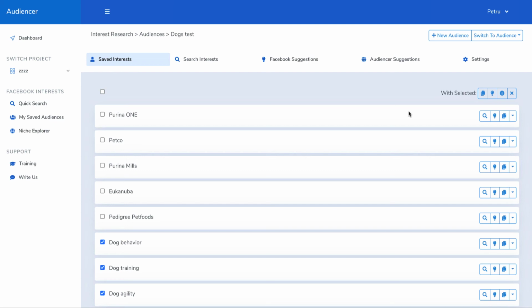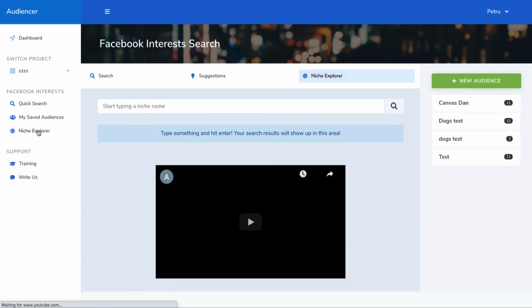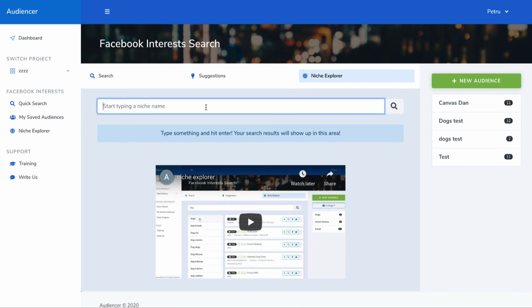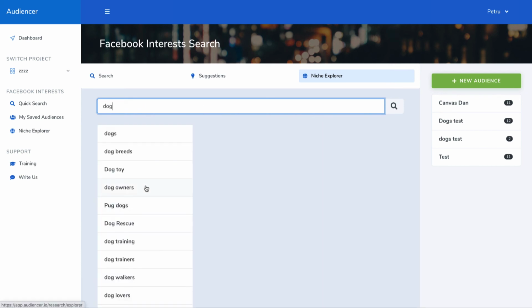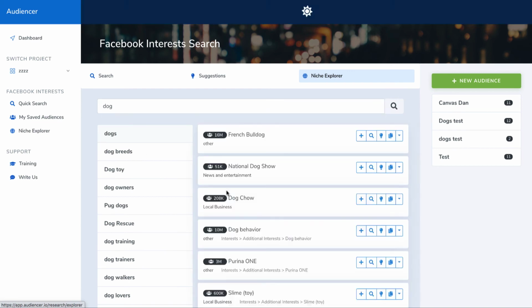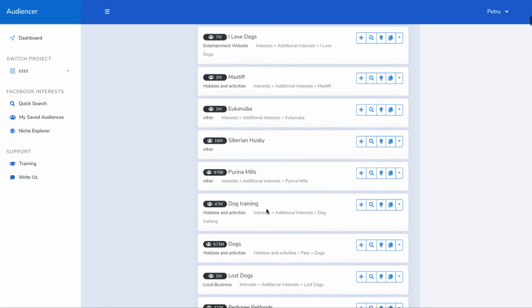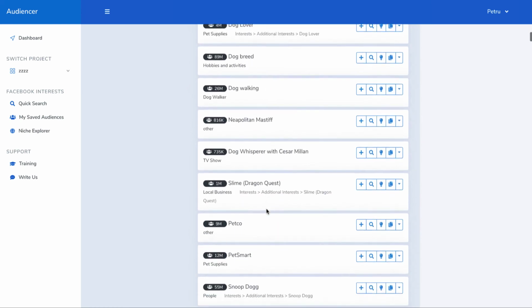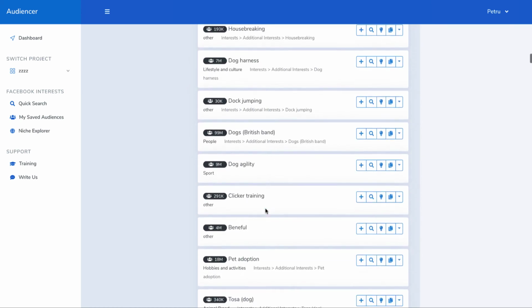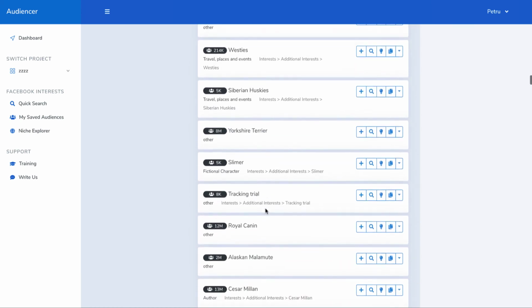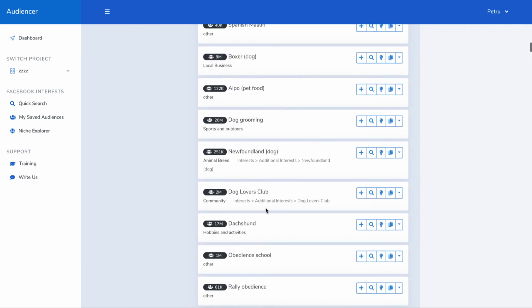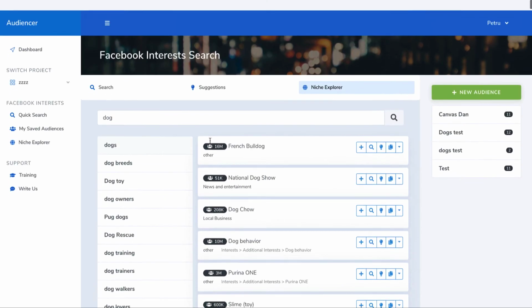And finally, I want to show you the Niche Explorer. You can access it from here, and what it does is it lets you search just by the niche name and just go ahead and explore everything we have. So let me type again dogs, and when I click here, I can just scroll and analyze, pick from here, add to my ad sets. Basically, these are all the interests Audiencer has for the dogs niche,